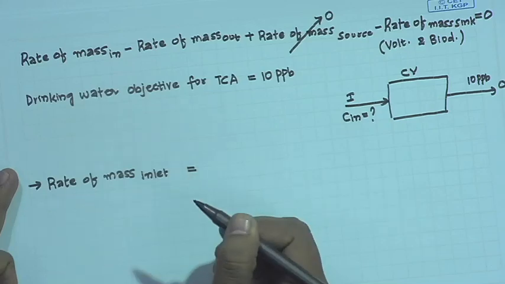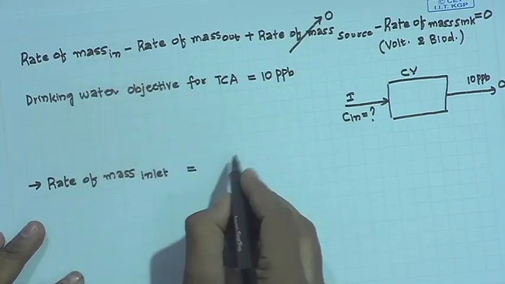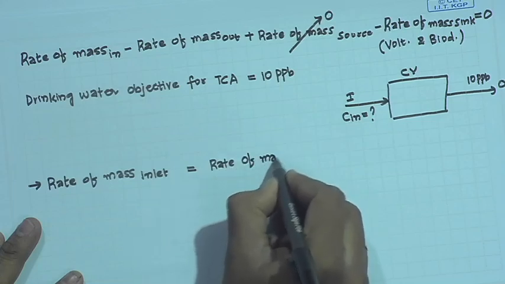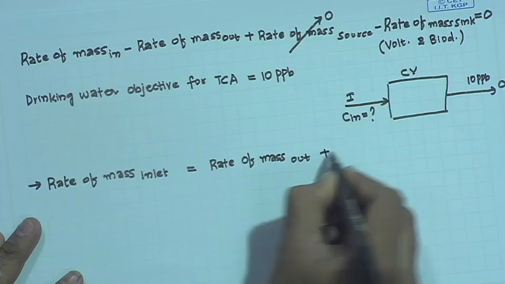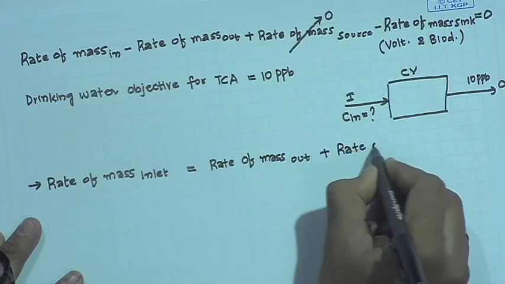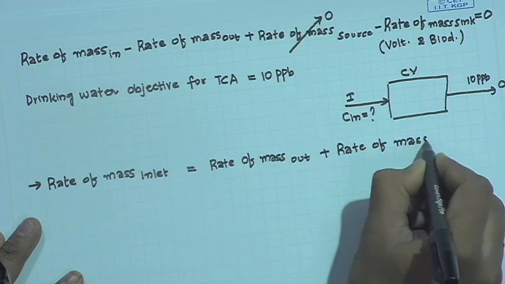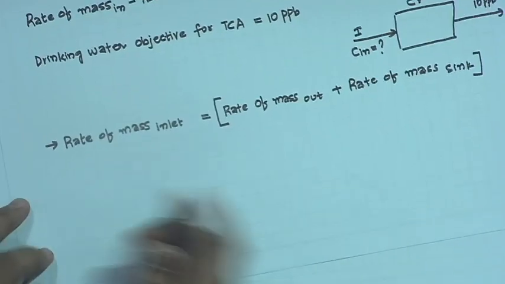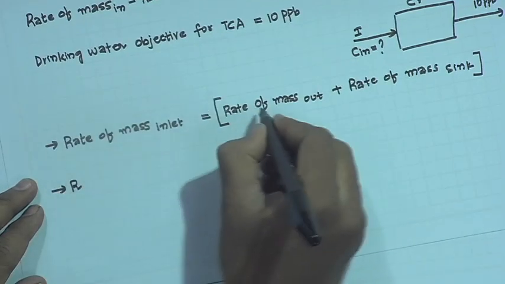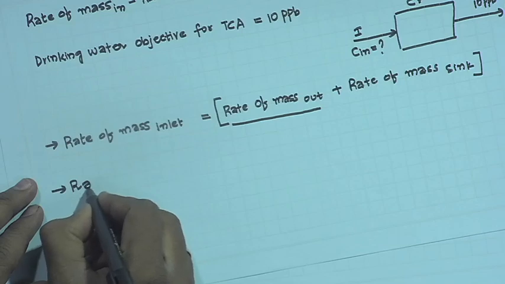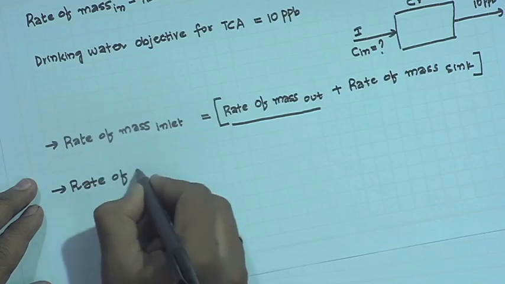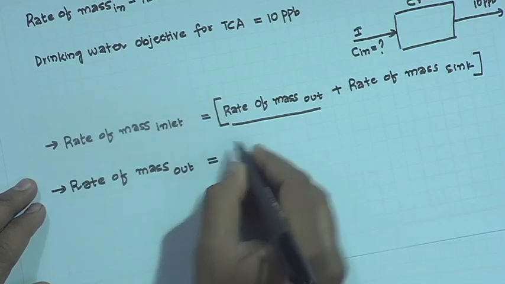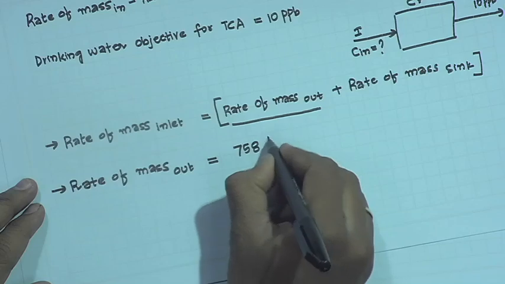So, rate of mass at the inlet can be calculated from the rate of mass at the outlet plus the rate of mass at the sink. And now to do this, we will first calculate the rate of mass at the outlet, which can be taken as 758 liter